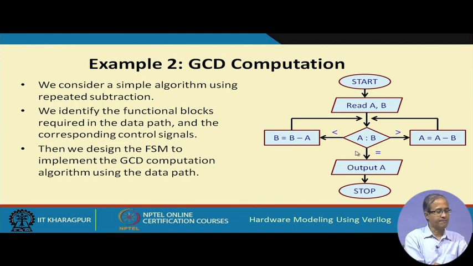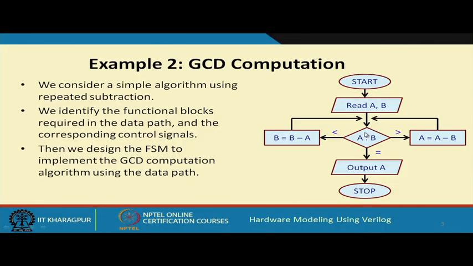that are required. First, you will have to read the two numbers A and B. For them, you will need two registers. Then you need subtraction, so you need a subtractor. But one thing you see: sometimes you are doing B minus A, sometimes A minus B. So, even if you have a single subtractor, the two inputs of the subtractor must come through a multiplexer. So, you will have to select either A or B,